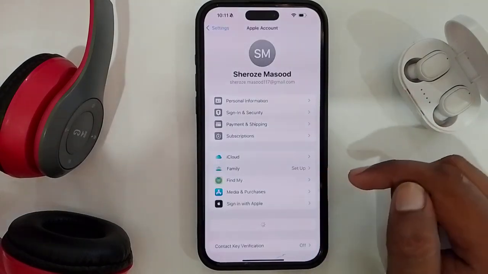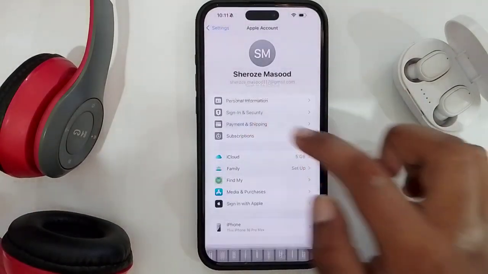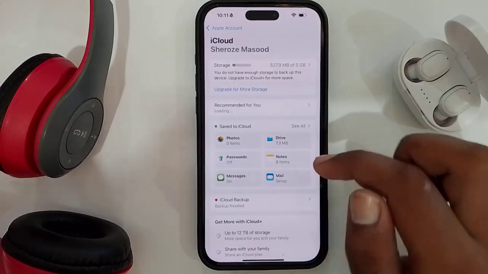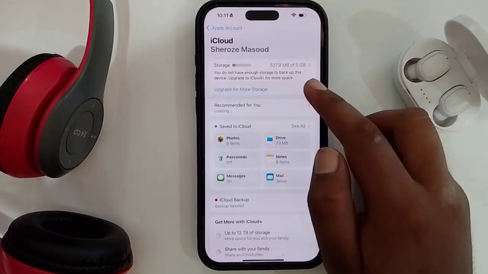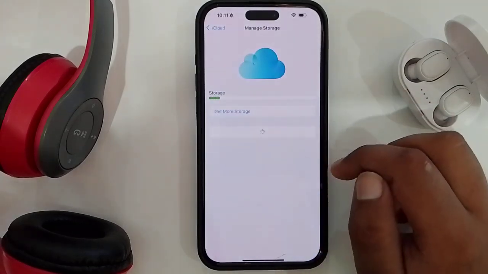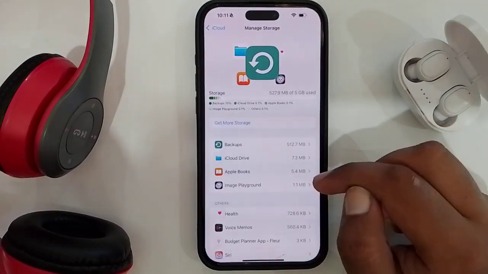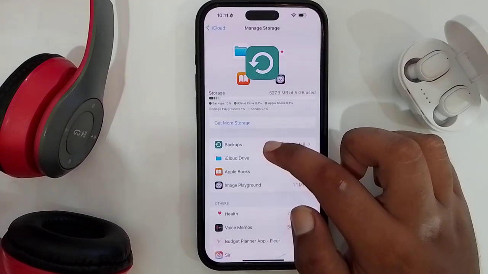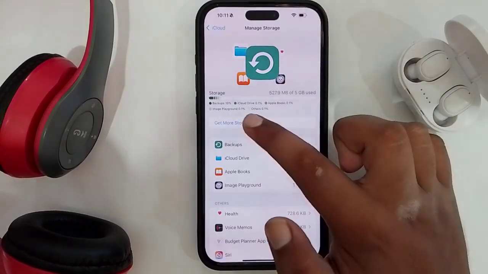And now here's the second option, iCloud. You just have to tap on it. And now here you can see your phone storage or iCloud storage. Now tap on it. And here you have another option which is get more storage. You have to select it. Just tap on it,